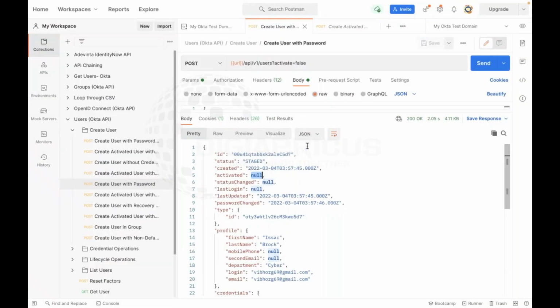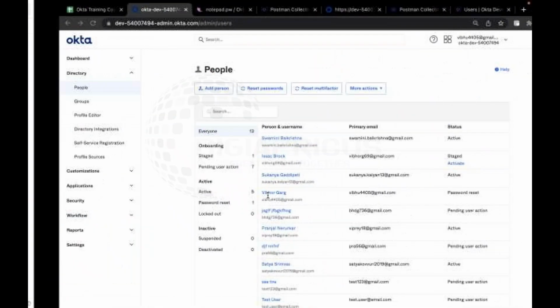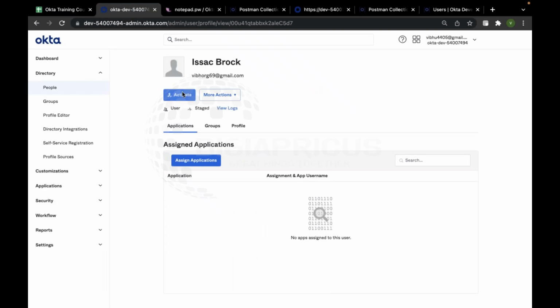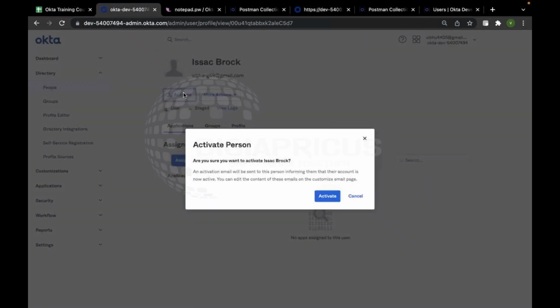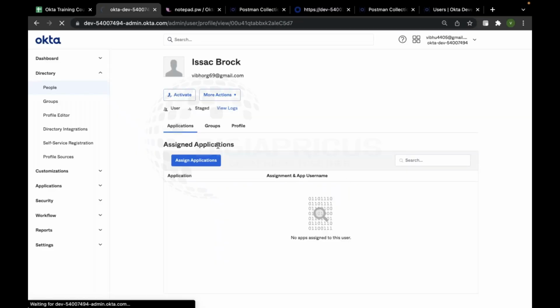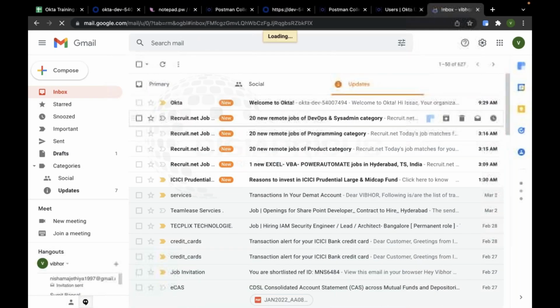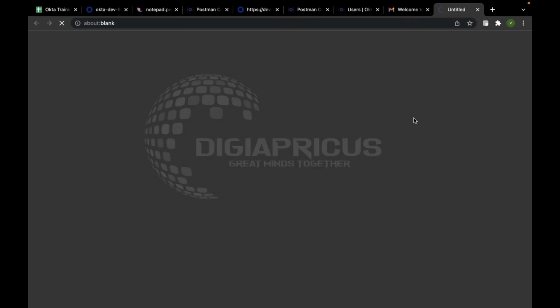So now this is an account or identity being created from our API, but it is not yet active. This account is just created. So if I go in here, I can just go ahead and activate this user. Now I'll be getting an email. Okay, so let's go ahead and check my email. Okay, I'll just activate this account,